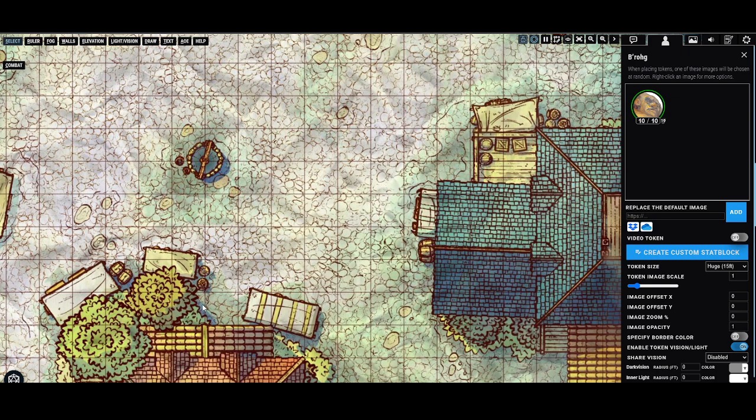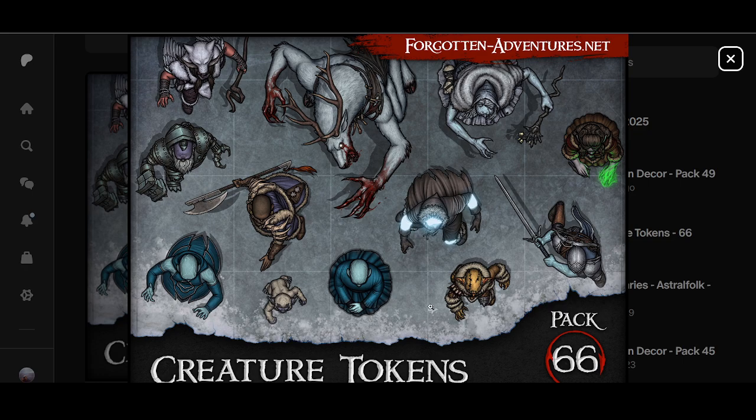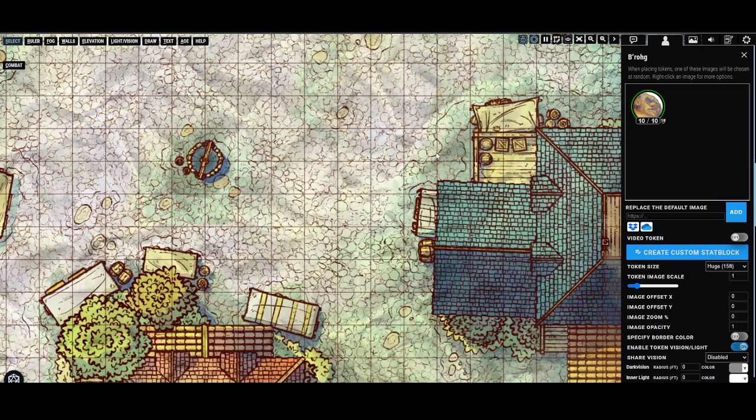Hey everyone, today I'm going to show you a quick tutorial on how to use top-down virtual mini style tokens within AboveVTT. So many of you have probably seen these awesome Forgotten Adventures virtual mini style tokens that really kind of emulate a miniature on top of an actual tabletop. They look great. They are always coming out with some awesome assets all the time, and they can be utilized